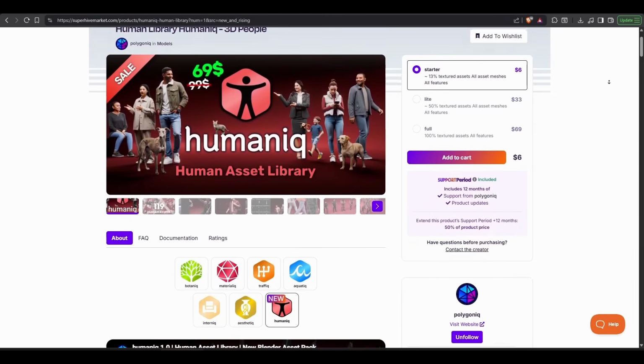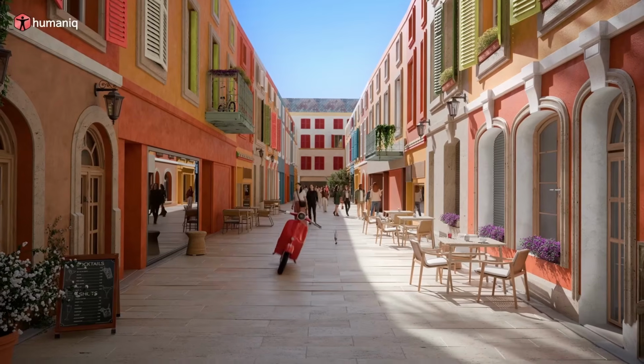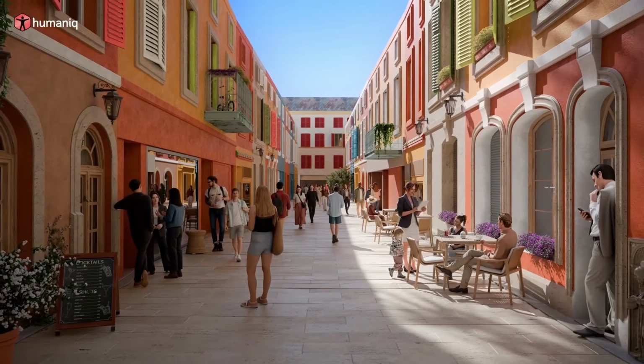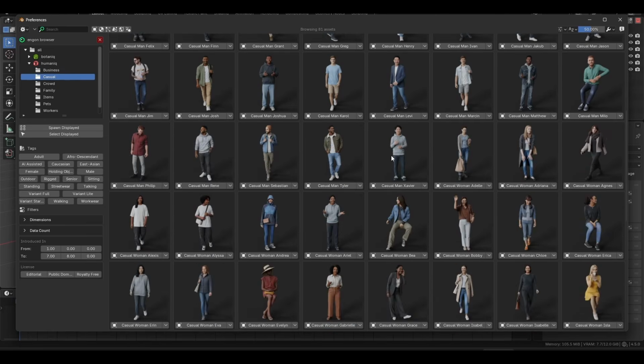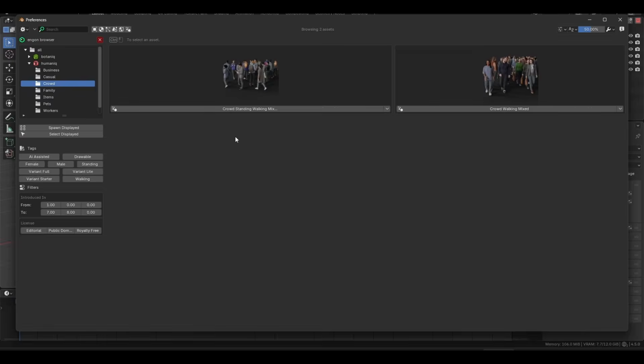Humaniq is a library of 3D human characters designed to quickly add life to your Blender scenes. It comes packed with 119 human characters, as well as some additional assets like pets, accessories, and node group presets. This video will walk you through getting set up, the key features, and how to get the most out of